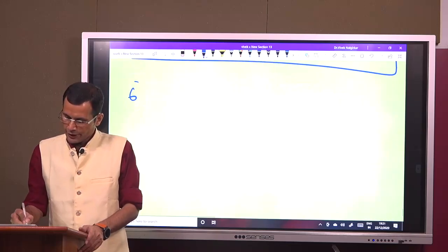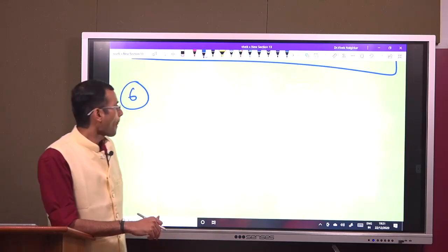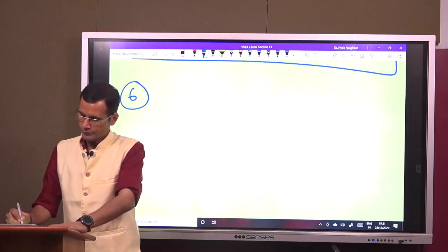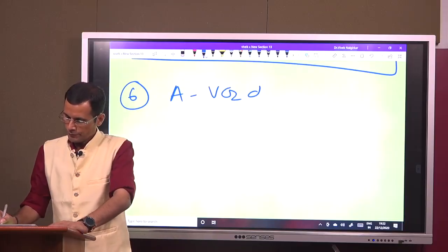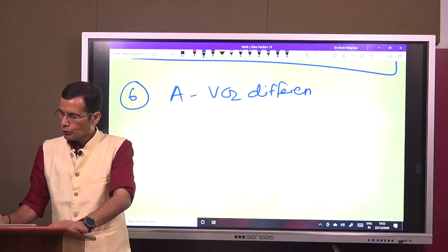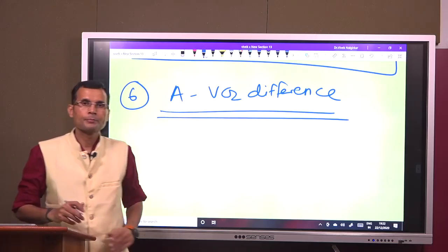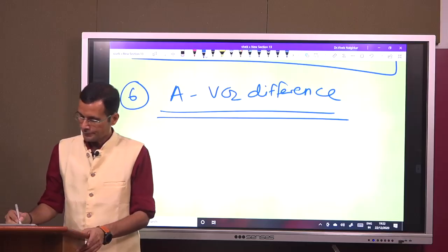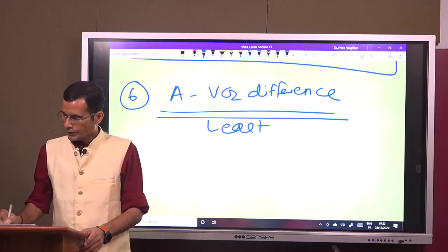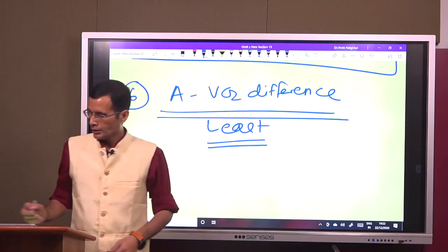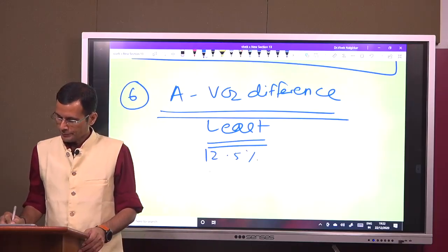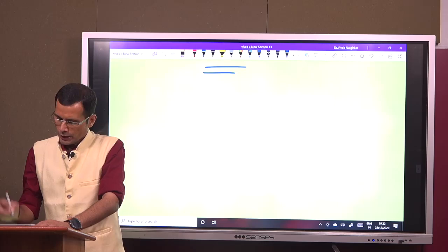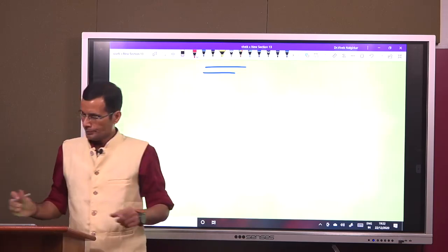Then next, sixth, arteriovenous oxygen difference. Arteriovenous oxygen difference. This is least in the kidneys. Least, 12.5%. So what is this arteriovenous oxygen difference? Look, elsewhere in the body,